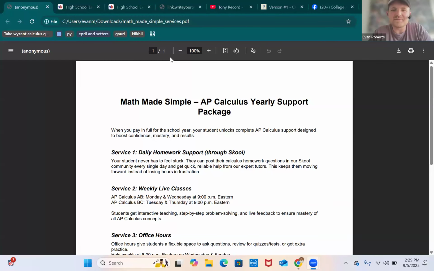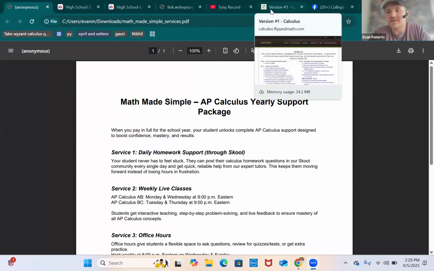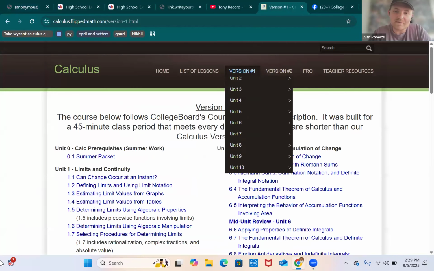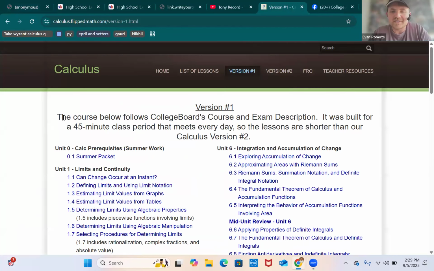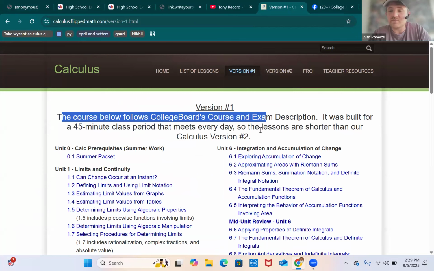Alrighty, so this is for parents that are interested in helping their kids do super well this year in AP Calculus. So I like to always make sure that I share helpful, free things online. Probably the best free thing online for your student is something called Flipped Math. These are teachers that have aligned a curriculum with College Board, and it just looks really clean and it matches their classroom. And assuming your teacher's following the AP curriculum, which hopefully they are, this will be a great resource